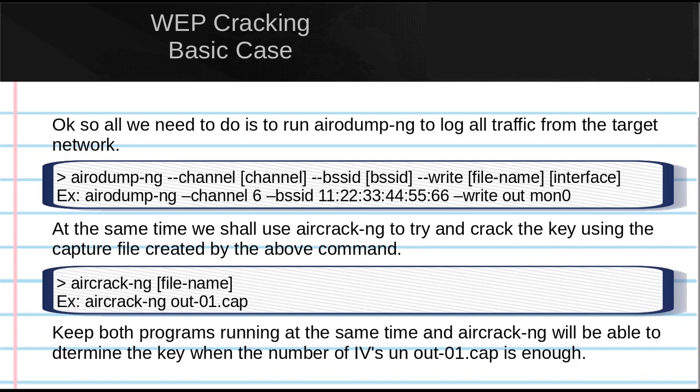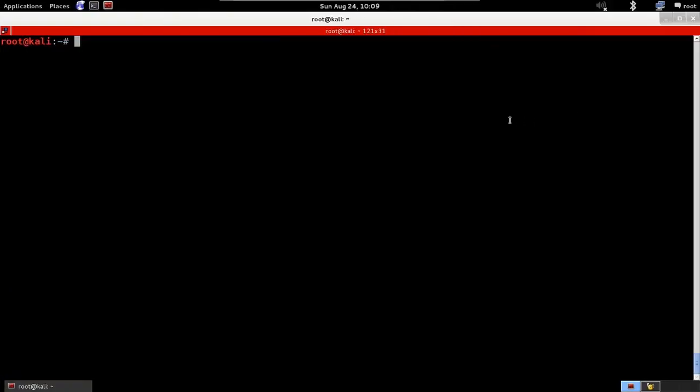Let's see the most basic case of cracking a WEP key. First of all, I have my Wi-Fi card in monitor mode. So the first thing I'm going to try to do now is just see all the networks that are within my Wi-Fi range, and then I'm going to target one of those networks. So we're going to run Airodump-ng